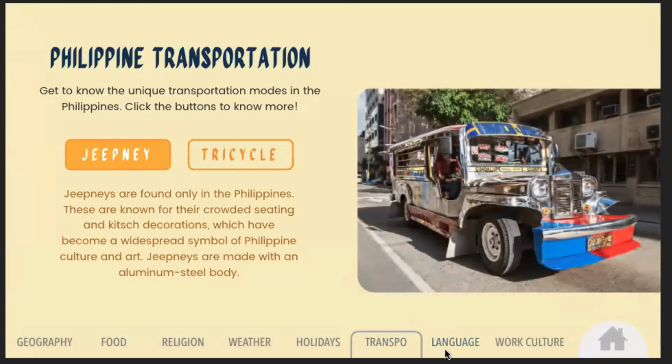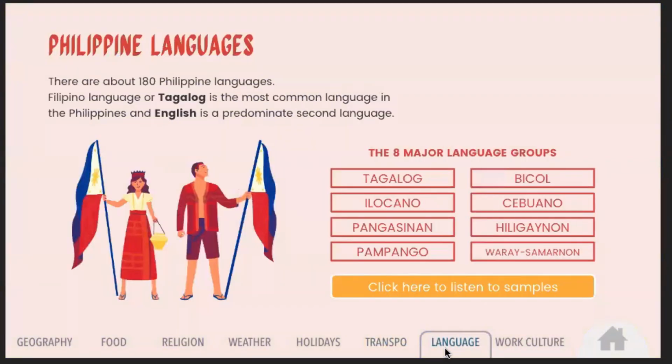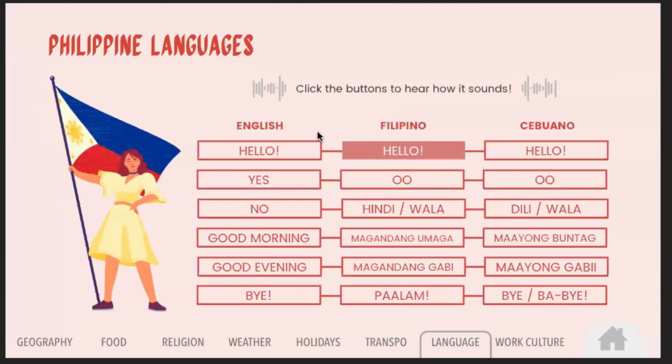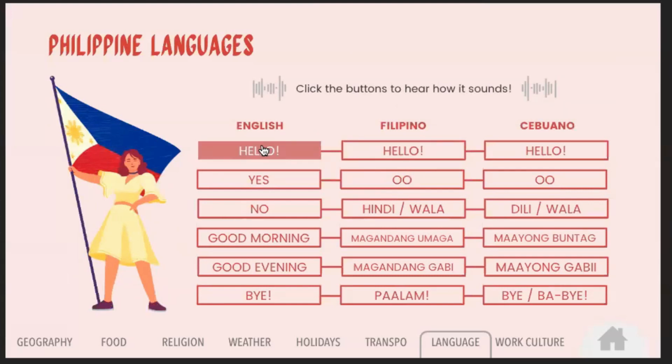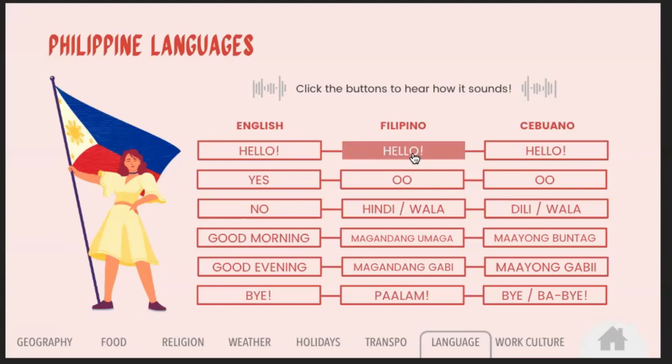And then I'm going to pop into language. So language is another one. So again, we wanted to create these small amounts of learning. Someone can come in and just really quick read a tab, learn a little more and pop out and not have to go through a whole program. But at the same point, it's like, how do we continue to build that bond? And we wanted to do it through language. So here you can see that you can click on the sound and be able to play any of the sounds in English, Filipino, or Cebuano, so that you can hear it. So the business owners are able to practice and then be able to share some common phrases with it. So this is just one example of how we can take regular PDFs and really start immersing and creating